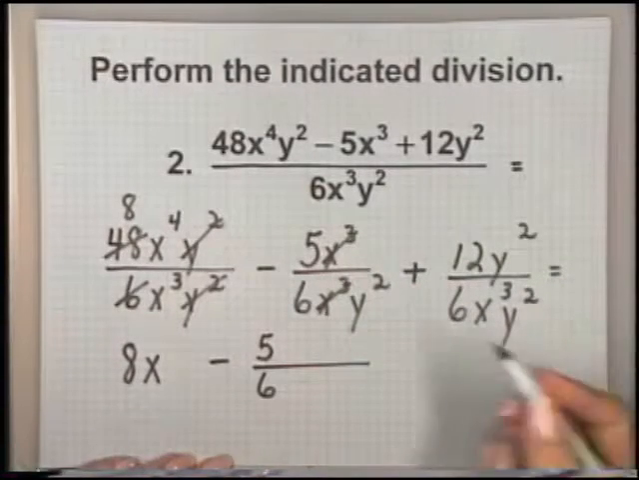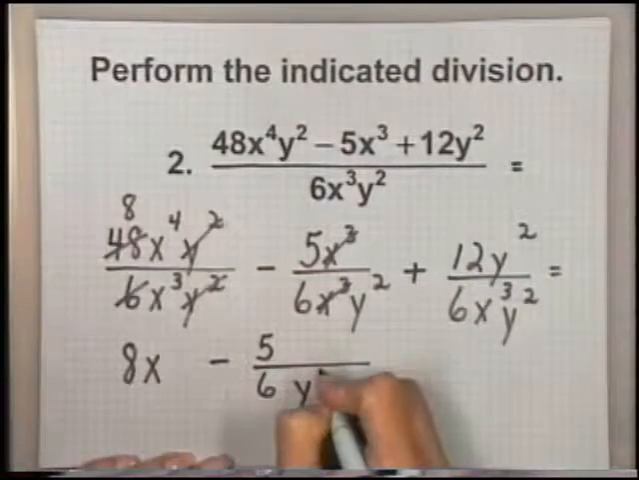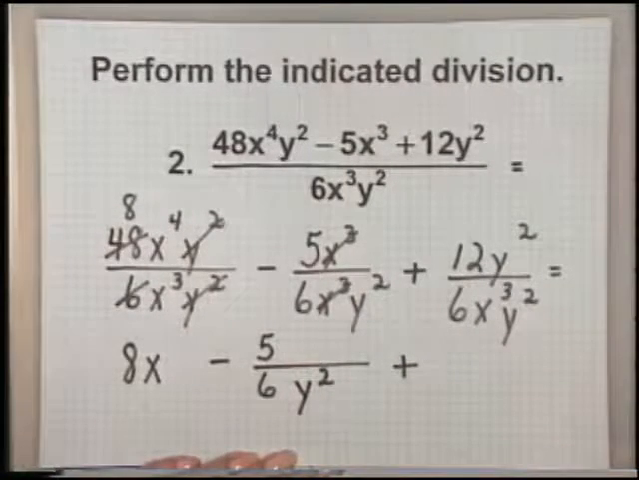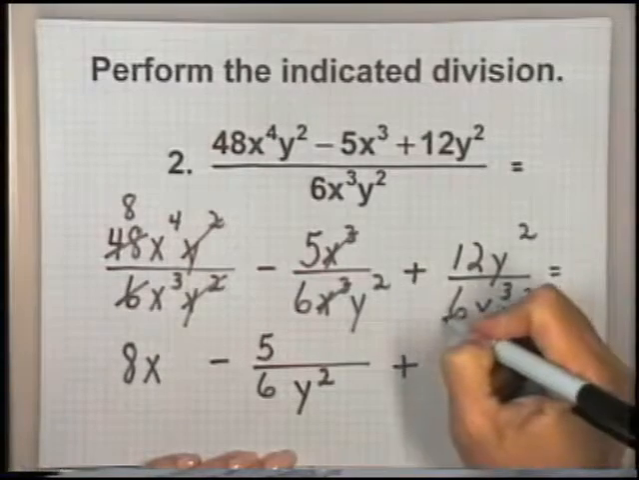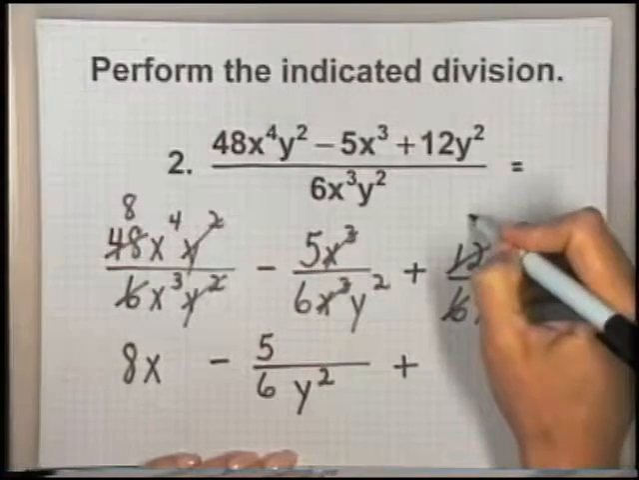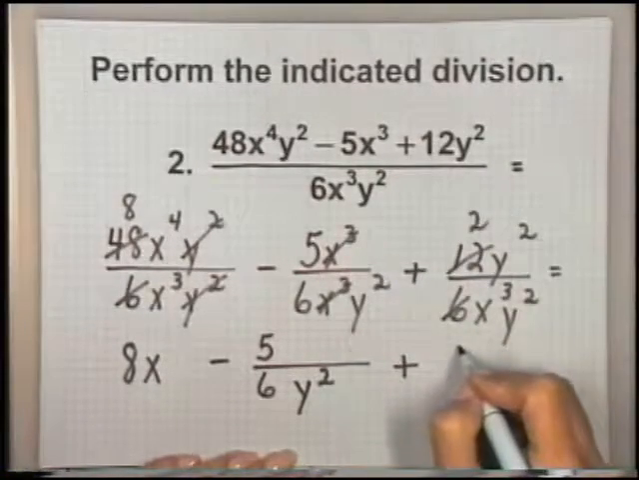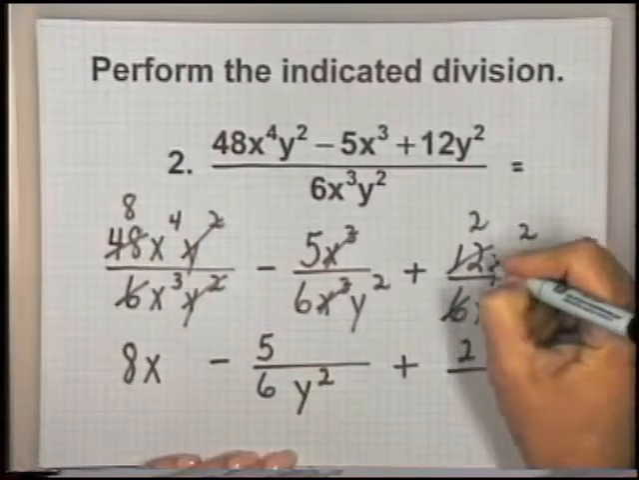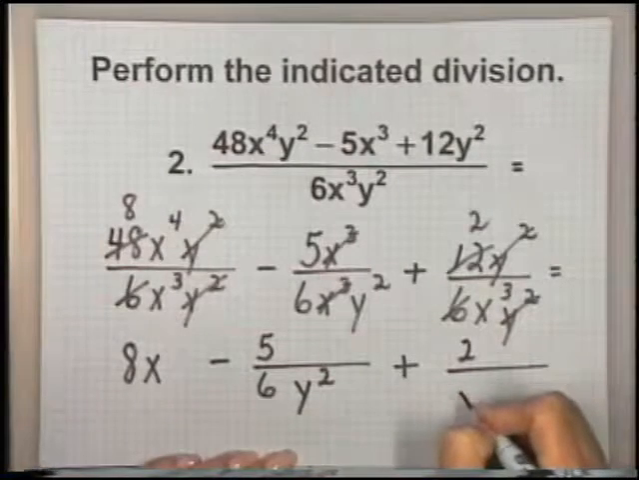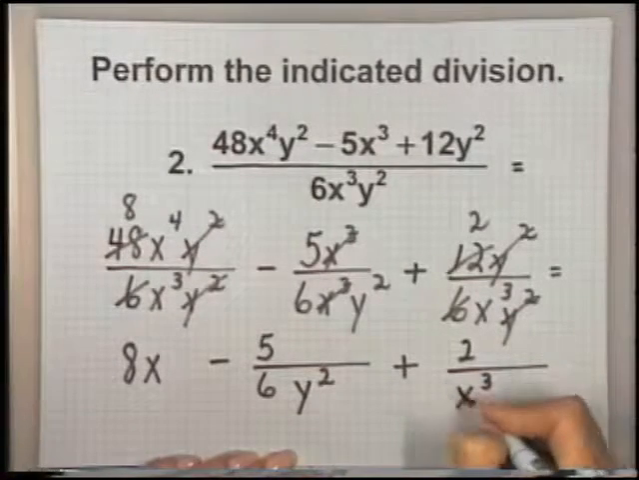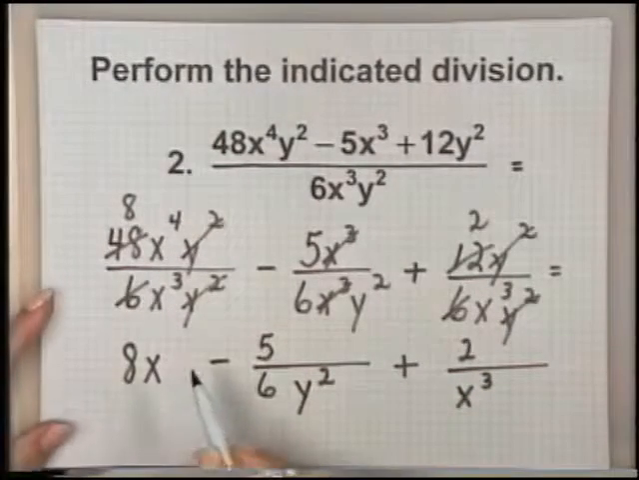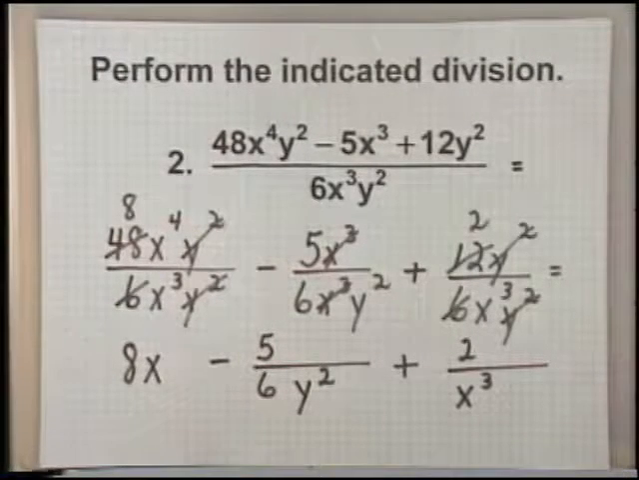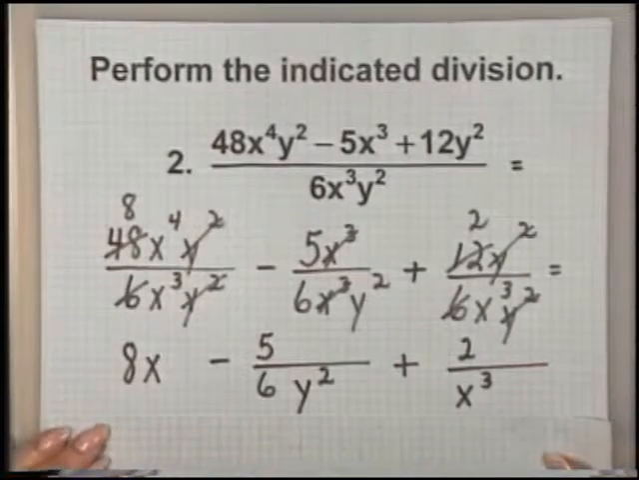My x cubes will divide out as common factors, and so I'm left in the denominator with y squared. Plus, for this third fraction, 6 will go into 6 once and into 12 twice, so I have a 2 in the numerator. My y squareds will divide out, so I'm left with x cubed in the denominator. So my answer here is, and let's rewrite this,